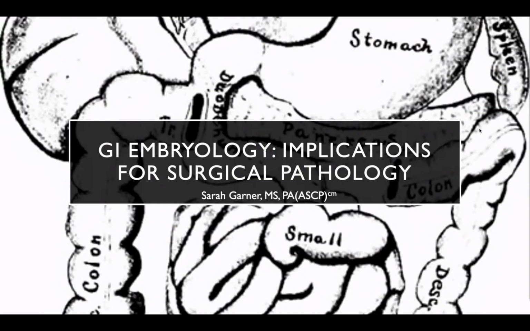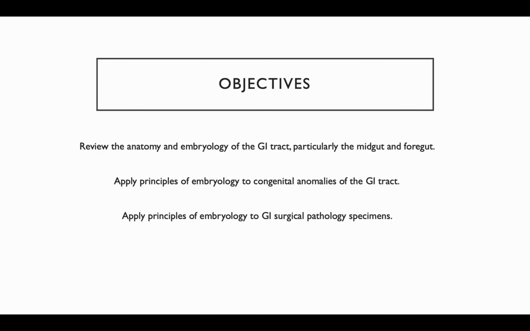All right, so today we're going to talk about some GI embryology, and specifically we're going to talk about a couple different things and how they relate to surgical pathology. So our objectives for today, we're going to talk about just a basic review of anatomy and embryology of the GI tract, and we're going to pay particular attention to the midgut and the foregut. And then we're going to apply these principles of embryology to congenital anomalies of the GI tract. And we're going to talk about how this embryology is important for surgical pathology specimen grossing, in particular for the